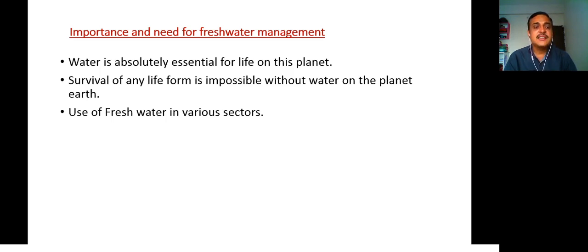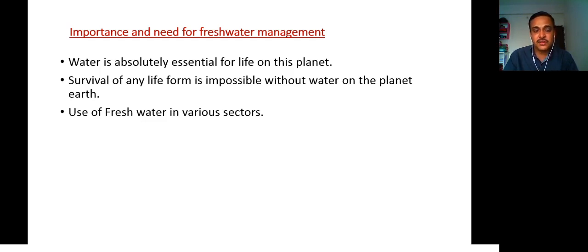Actually, this importance and need of freshwater management is another topic of discussion also. But considering the weightage of this point in our syllabus, we are going to just highlight